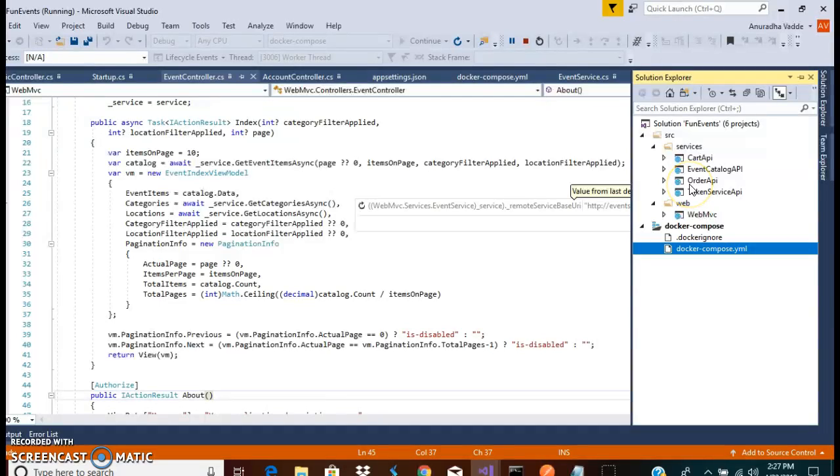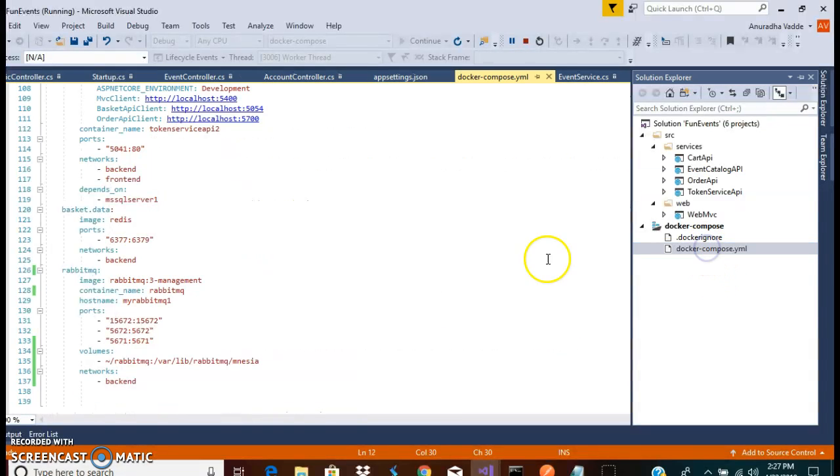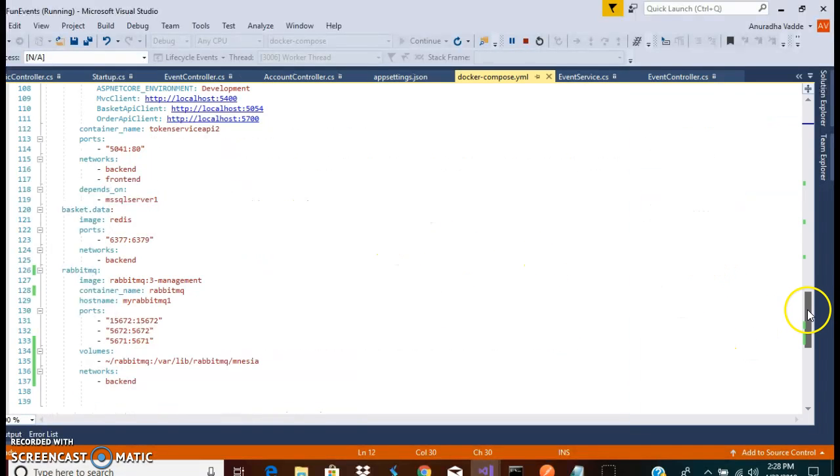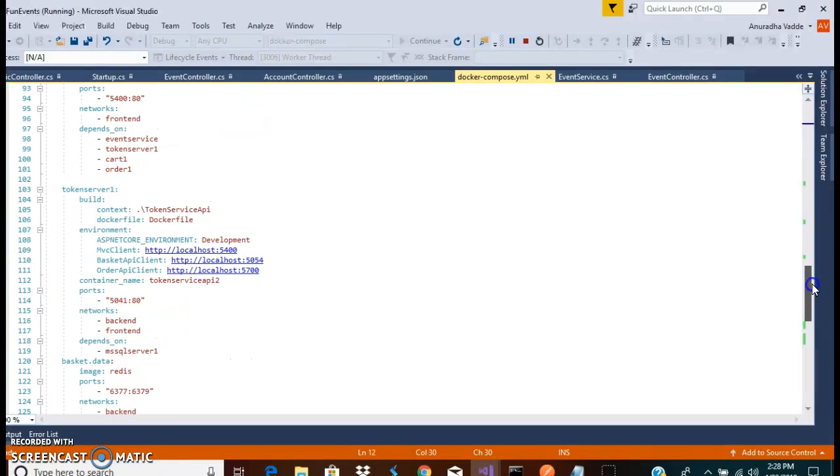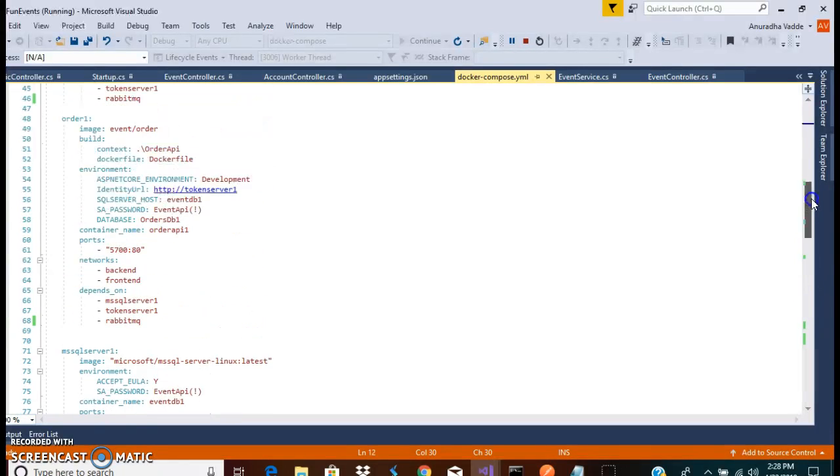Still, I'm working on order API. I need to add cart access and everything. So for 3B assignment, I Dockerized my services and all database backends and everything. Here is my Docker compose file. I Dockerized everything,